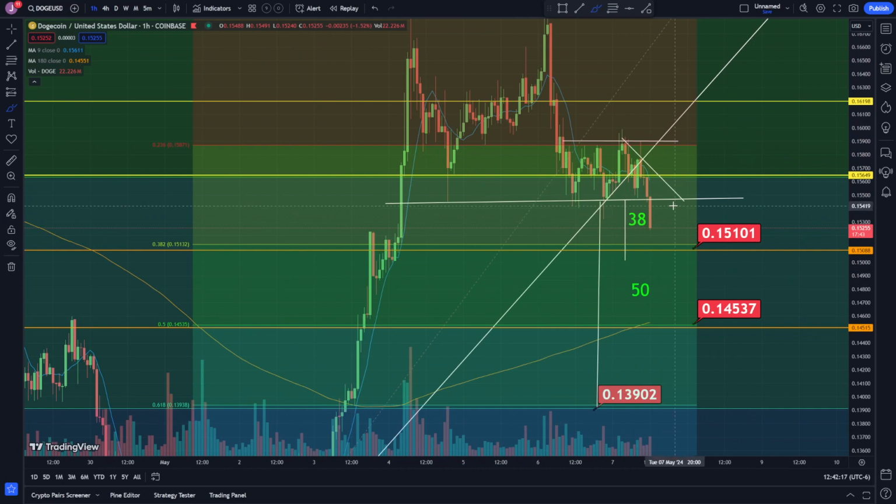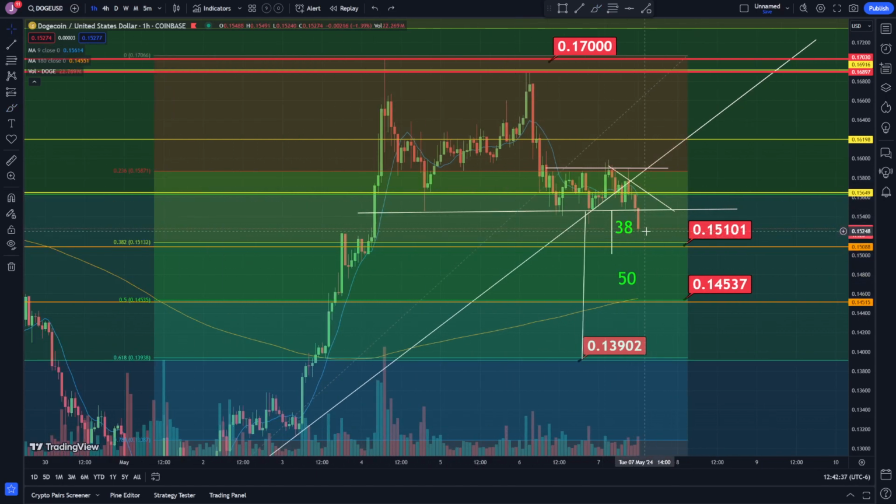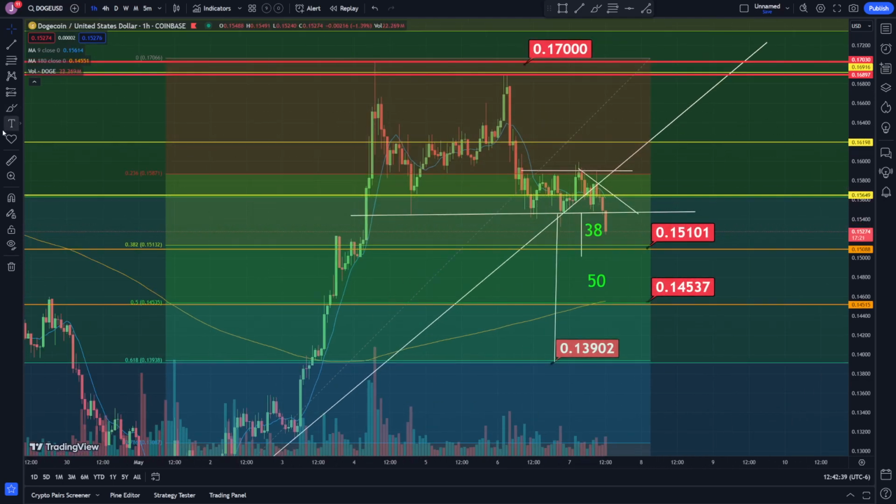Now that we broke that, okay, so that's where I got 38% at 0.15101, and then the 50% is at 0.14537. Okay, so that's where those smaller targets are from, and we're already almost at the 38% level. So I'm kind of curious what's going to happen when we hit right here at around 0.15101, or around that area approximately. Are we going to get a bounce, or is it going to continue to go down,